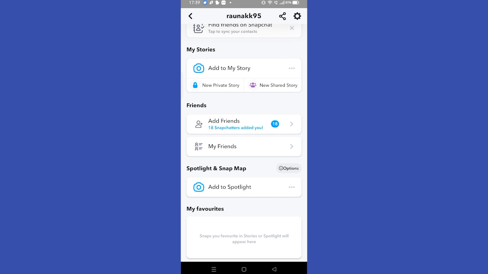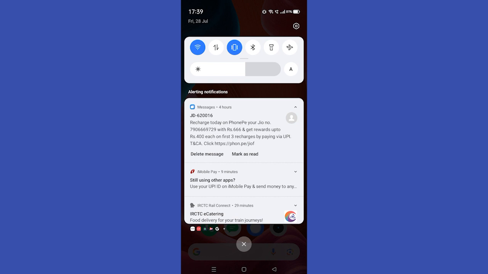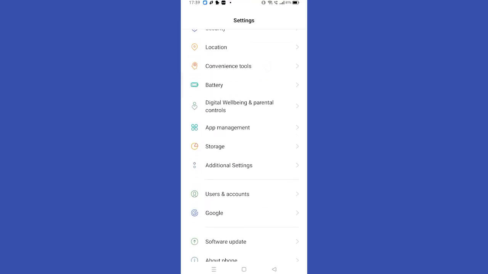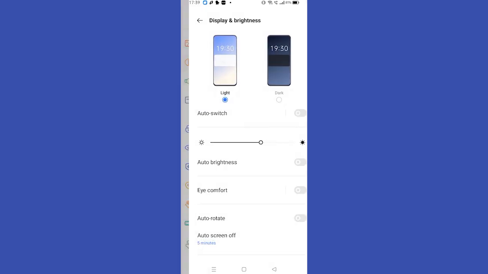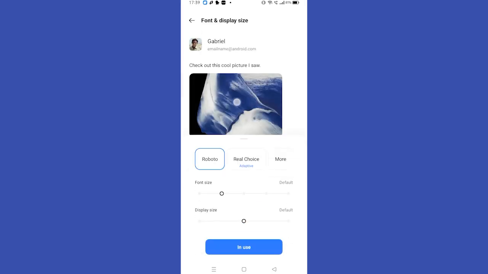What we'll have to do is go to our home page on our mobile and then go to settings, and then scroll down and click on display and brightness. Then what we'll have to do here is select font and display size, and you can increase the font size